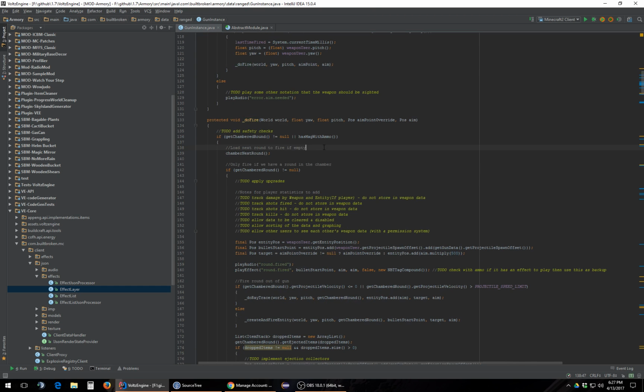We're going to put it in the doFire. And so here's our ammo checks. Our first line is, do we have a round to fire, pretty much. Then our second,